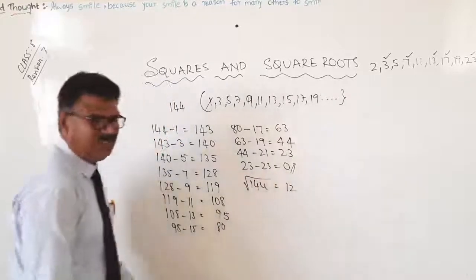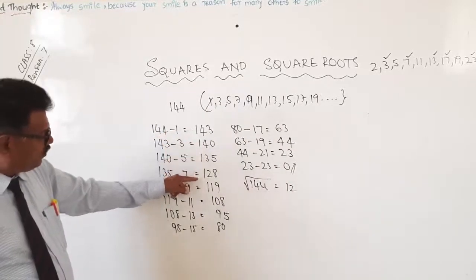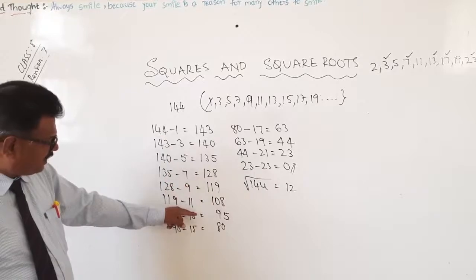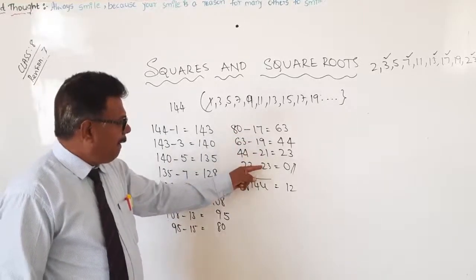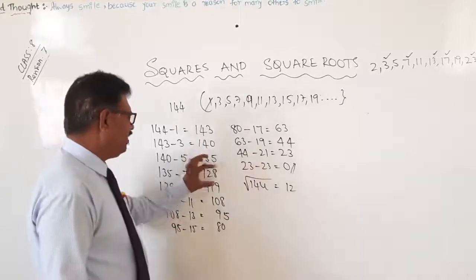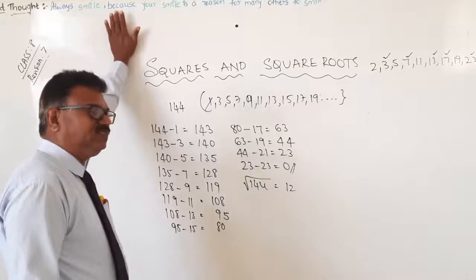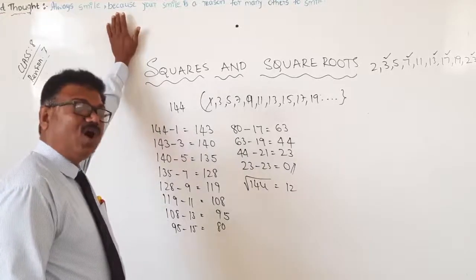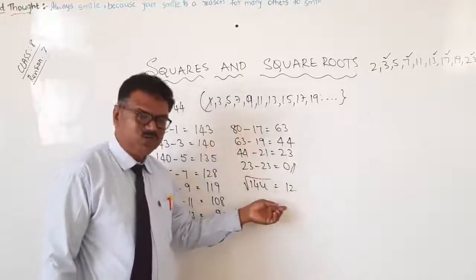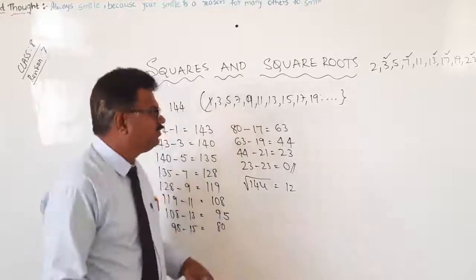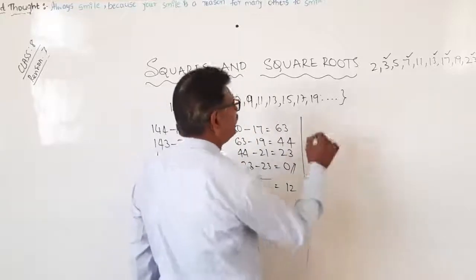Okay? You can find out how many are there. 1, 2, 3, 4, 5, 6, 7, 8, 9, 10, 11, 12. So, therefore, 144 is nothing but what? The sum of 12 odd numbers. So, in the reverse process, the square root is nothing but 12 only. Understood? Yes. Shall we do one more problem? Yes. No problem. A small problem, we will do one more.